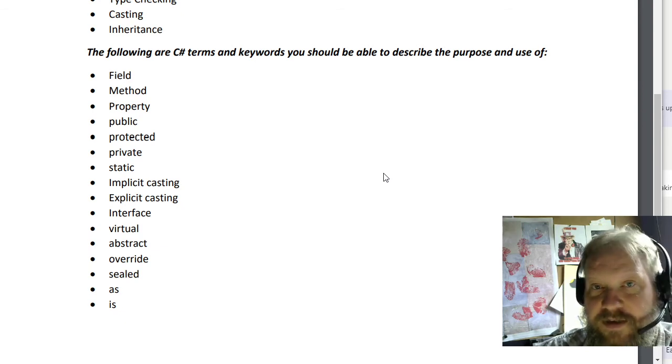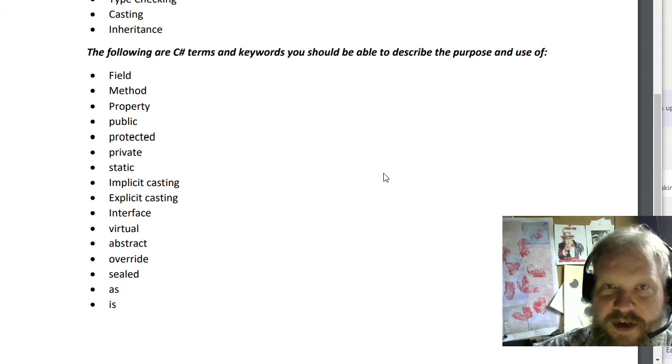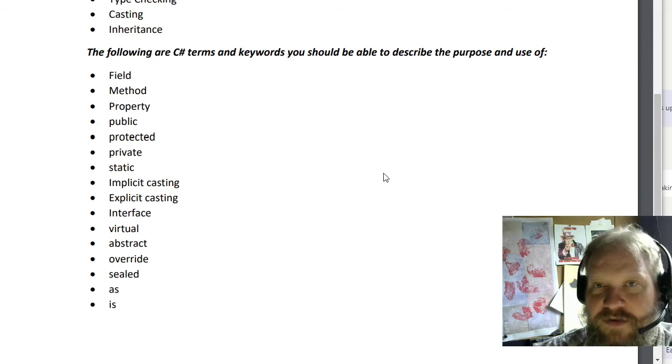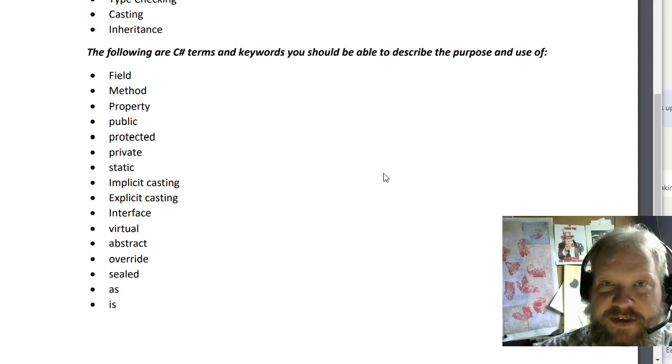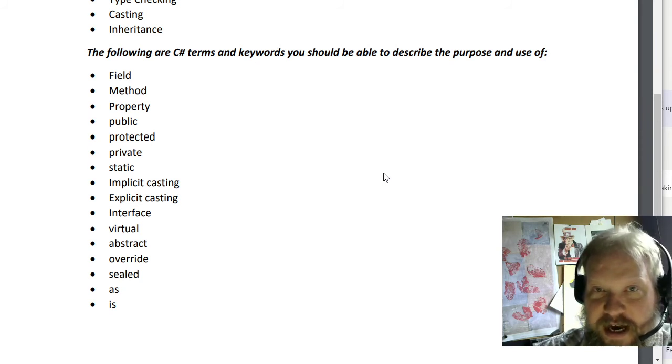An interface is, in C#, a way of defining methods that a class must implement if it implements the interface. So the interface serves as another possible type that we can treat that class as, and we can treat disparate classes that all inherit or use the same interface as being the same type. And that's really the power of interfaces. It allows us to